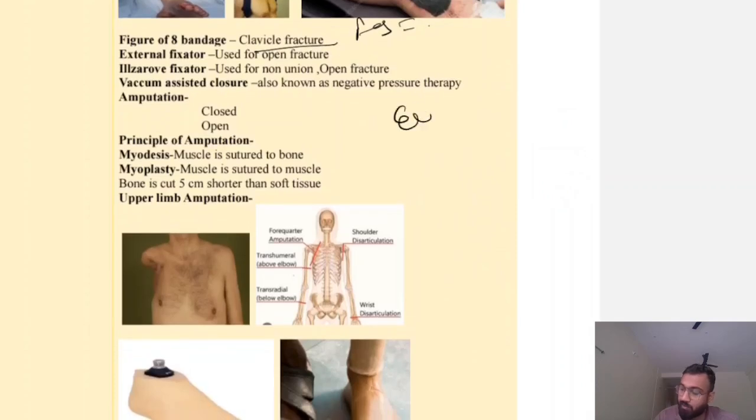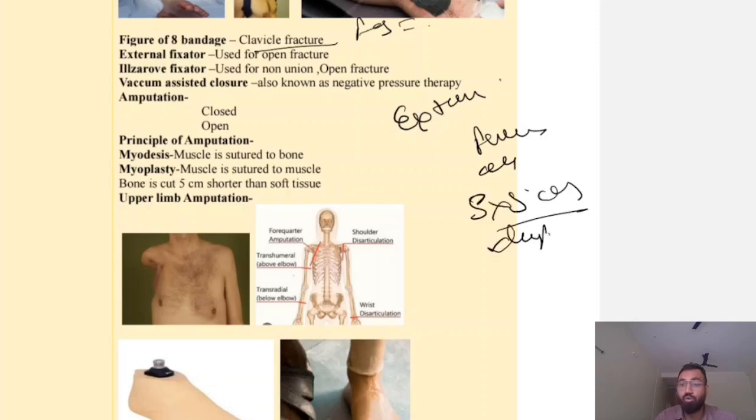Now let's assume external fixator. What is an external fixator? So let's assume there is a patient who came with a femur fracture along with a wound of 5 into 5 centimeter, which is a deep wound. So you cannot put a nail inside this femur fracture because it can cause